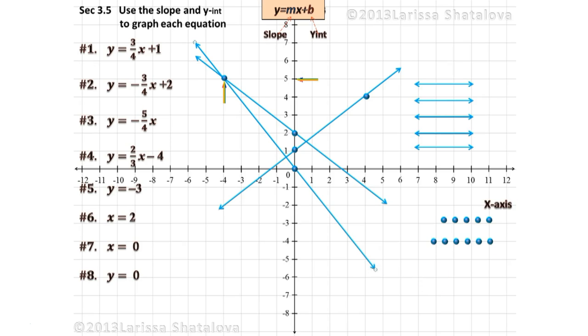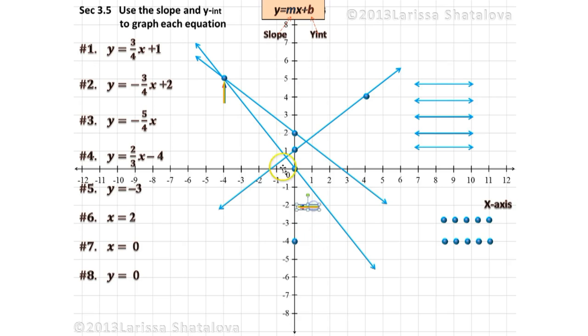So next would be number 4. y equals negative 2 over 3 x minus 4. Y-intercept is negative 4. And slope is positive 2 over 3. So let's use positive 2. So it will be